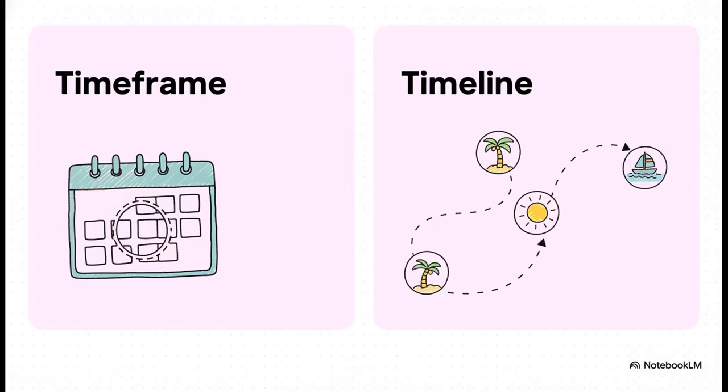And here's something that trips a lot of people up. A time frame is not the same as a timeline. Think about it like this. Say you're planning a trip to Phuket. Your time frame is the total length of the trip, right? Maybe 5 days. Your timeline, on the other hand, is your schedule, what you do on day 1, day 2, and so on. In trading, your time frame is your analytical lens, not a schedule you have to follow.